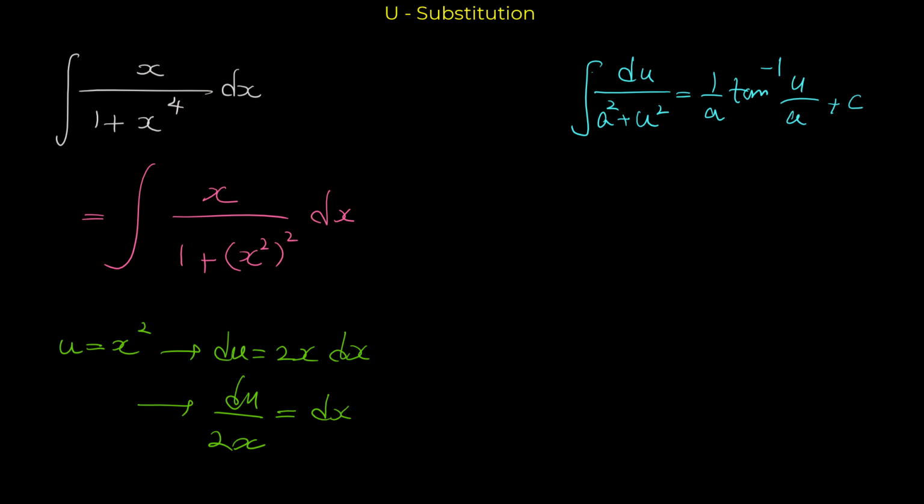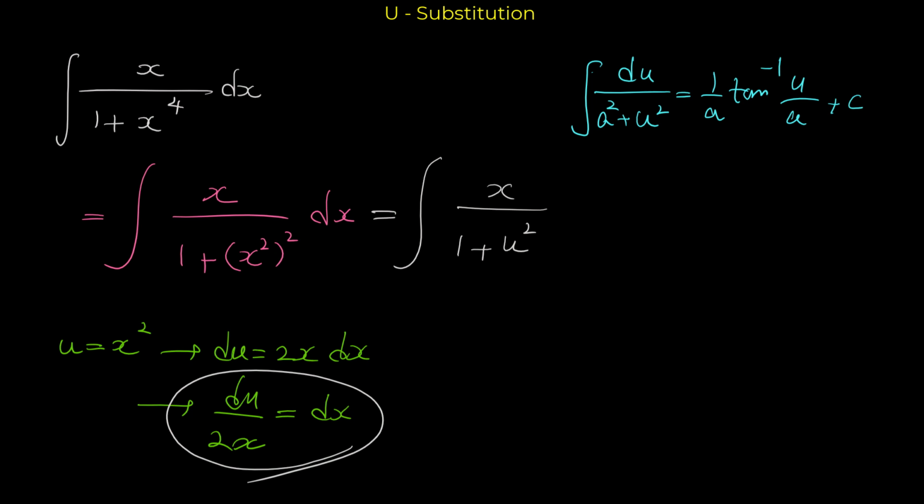So we do the substitution. This equals the integral of x over 1 plus u to the 2. Attention, x² is u, so (x²)² would be u². And for dx we use this: dx is du over 2x. x with x cancels, and then we have